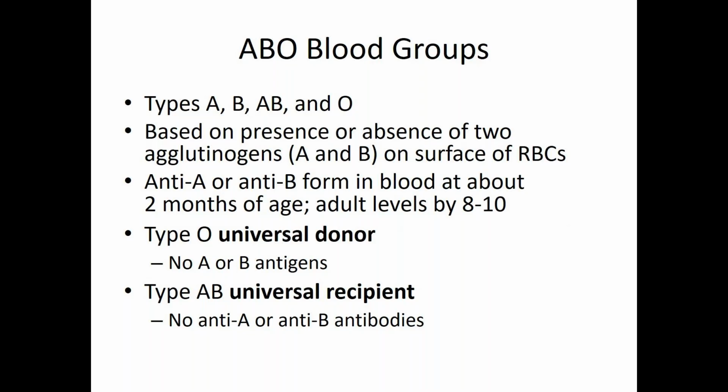From this, we were able to also discover that there are two very special types. Okay? Type O we consider to be the universal donor. You can give type O blood to anybody, which is why type O blood is so very important in a blood bank. You give type O blood to anybody because it doesn't have A or B, okay? So it doesn't matter what type of blood you have. The immune system is looking for the wrong name tag. If there's no name tag, it doesn't care. It will just move on with its day.